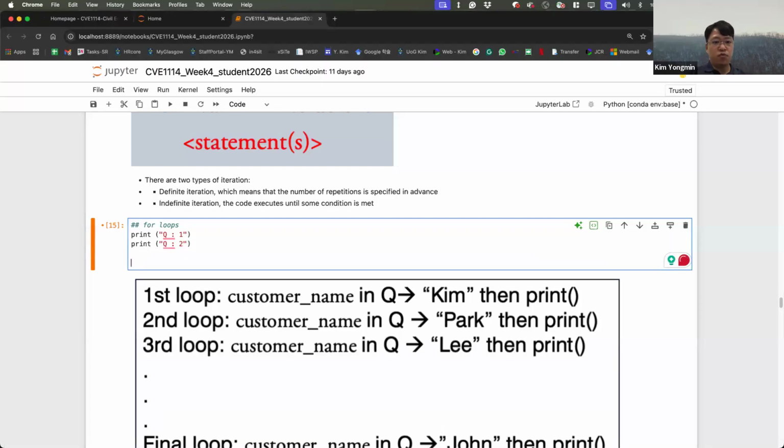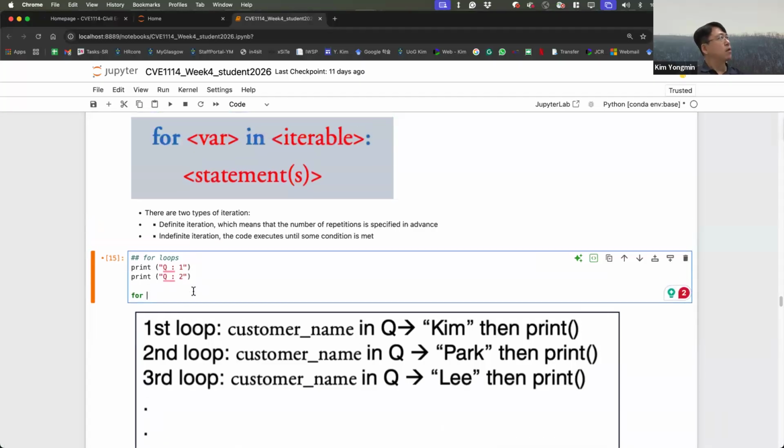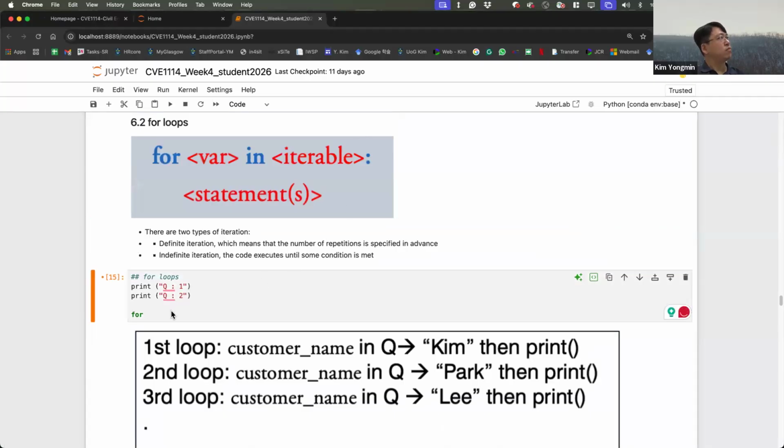But I'm going to use a for loop. I will follow this: for your waiting number in here.